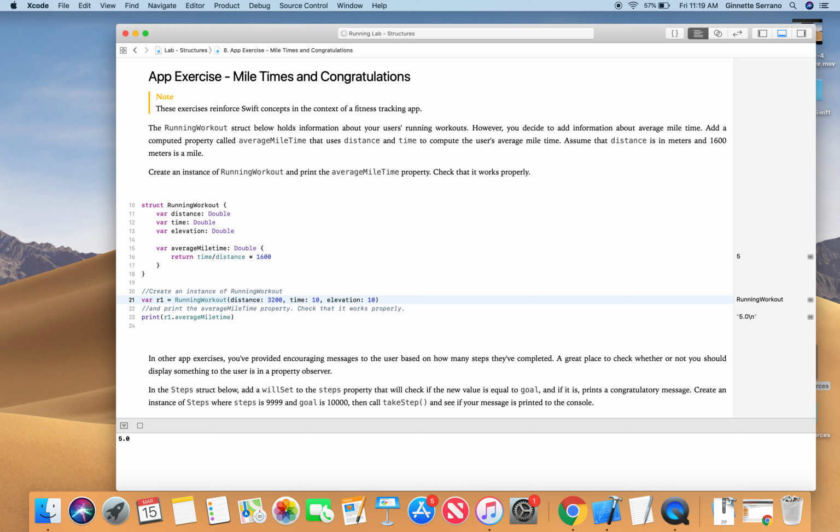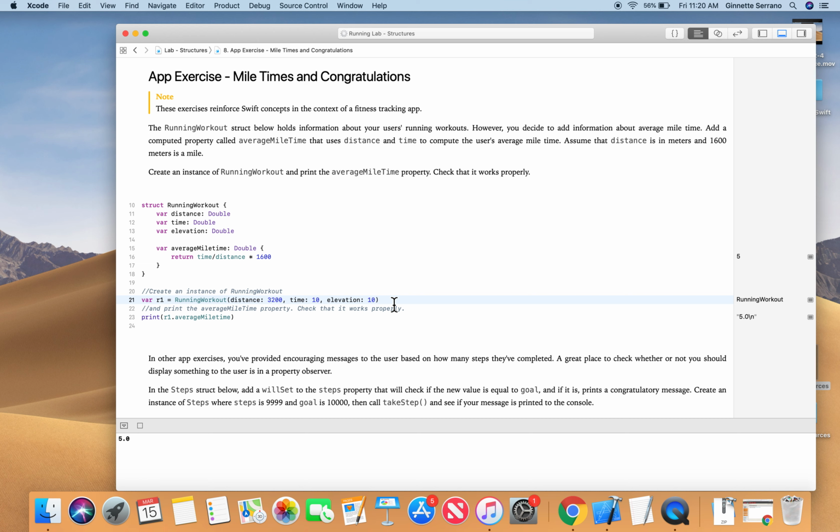Again, when you code, you also want to make sure that you've done your calculations correctly, so you've done this formula correctly. So you just want to test numbers, and I just test them by using my calculator, making sure that what I'm seeing it printing is what I'm expecting. So if I did 1,600 meters in 10 minutes, that means it was an average of 1 mile